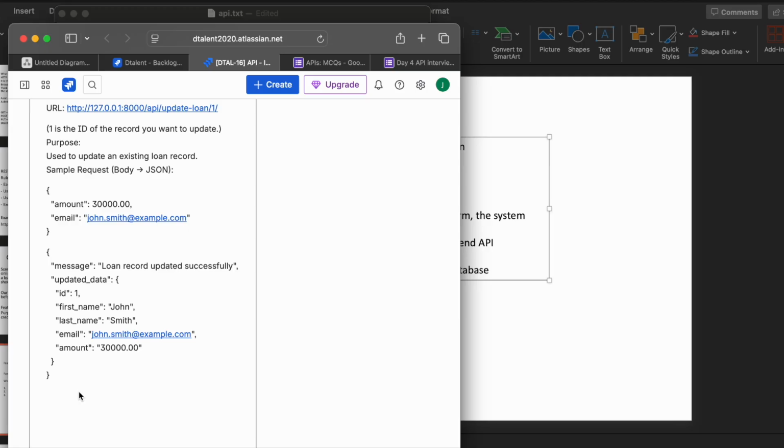Okay, number 4, acceptance criteria. So you can create 4 different user stories, just for ease. I'm writing everything in one, like it's a big user story. Given a valid loan ID exists, when delete is sent to, this is the URL name, then the system removes that record